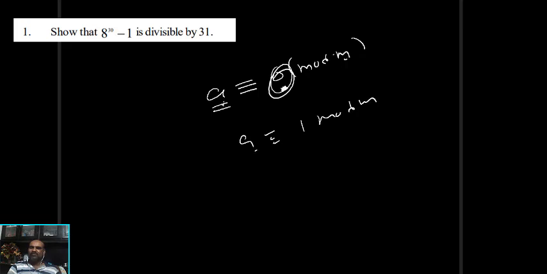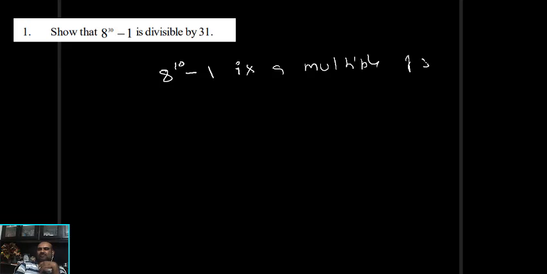What is the meaning of that? When A is divided by M, 1 is the remainder, when 1 is less than M. Okay. But if I got remainder 0, what is the meaning? It's divisible. So indirectly, what is it asking? 8 power 30 minus 1 is a multiple of 31. Or in other words, you can say that 31 divides 8 power 30 minus 1.